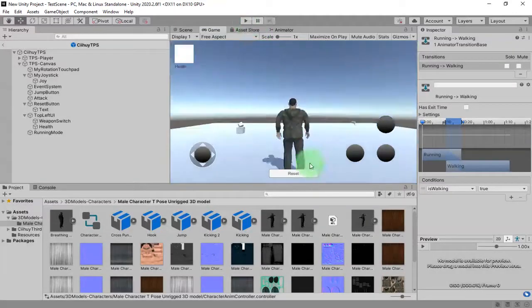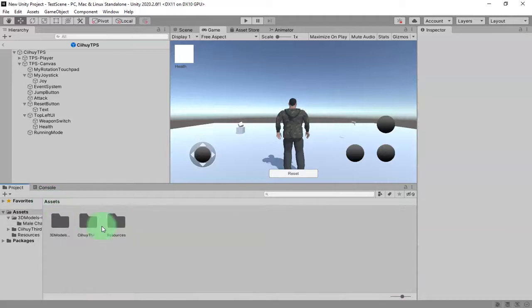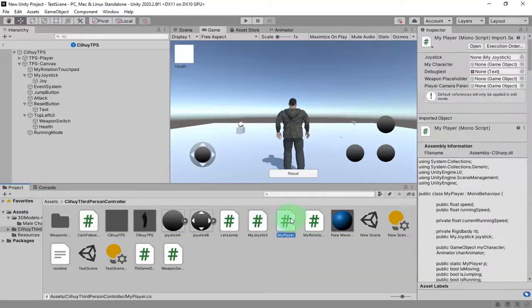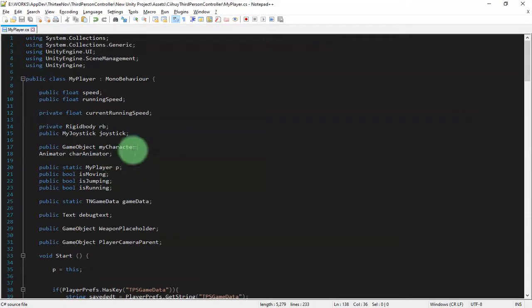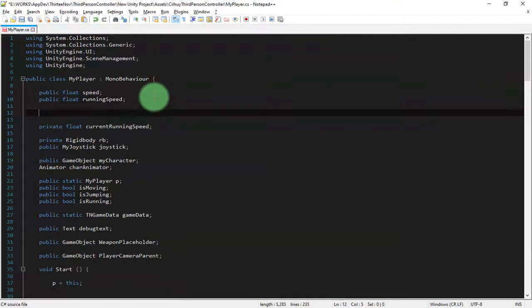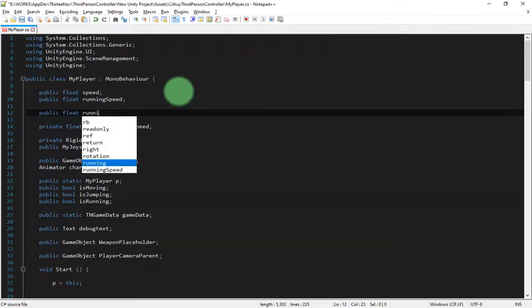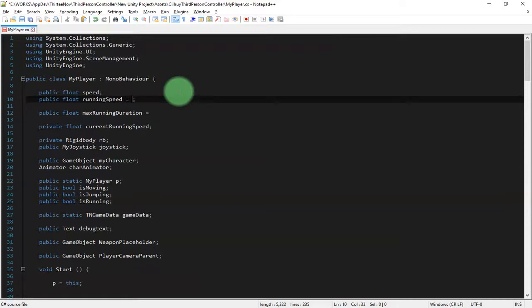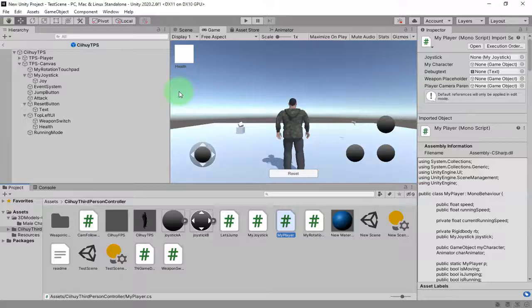To do so, we need to edit my player script here, and we need some more public variables. Here I will add public float running duration, or max running duration, and let me add some initial values.